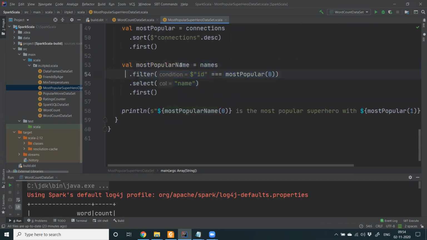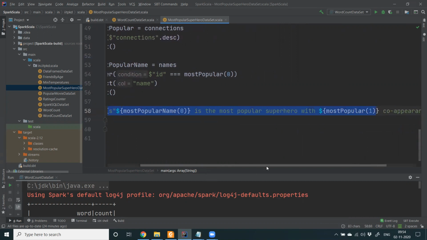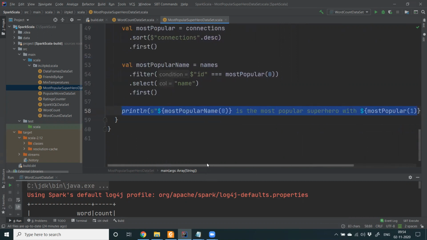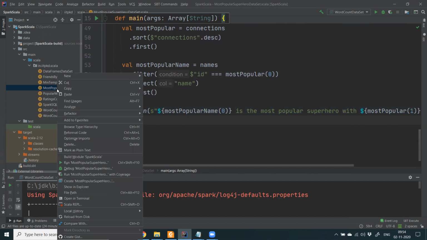That means the name itself and the ID also. And then we are printing out the most popular name with most popular 0 and most popular 1. So that means it will show how many connections he has as the most.